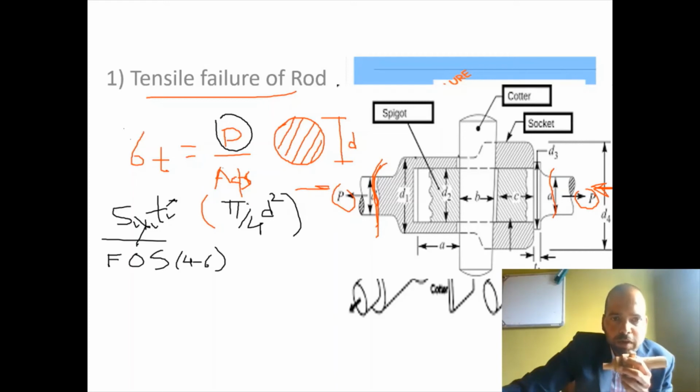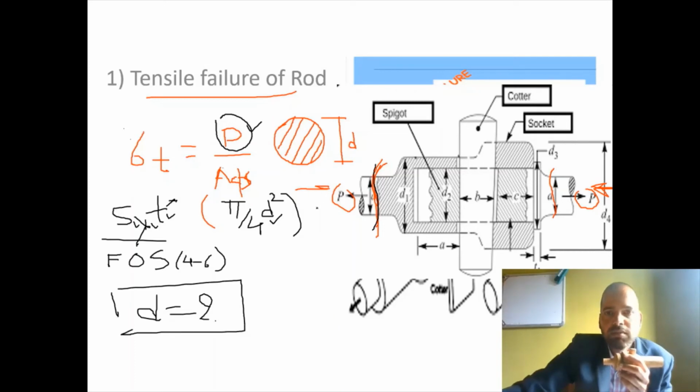So to find out the diameter D for the given force, sigma T will depend on the material of this component. If the material is steel, we select the SYT from the design data book, or in case of university examination problems, this yield strength will be given in the problem itself. So for this given data, from this equation, we will get diameter D of the component, right?